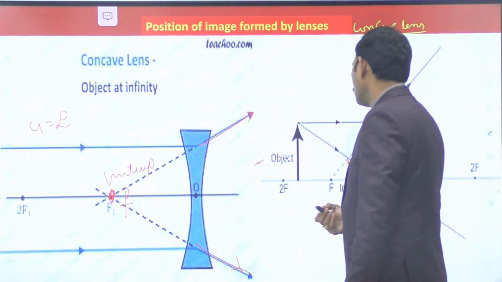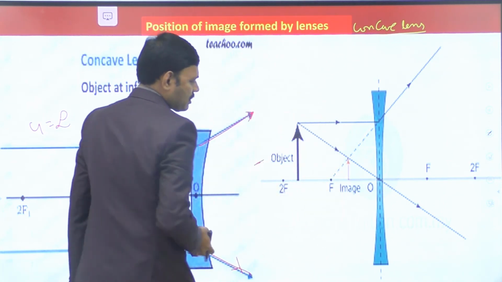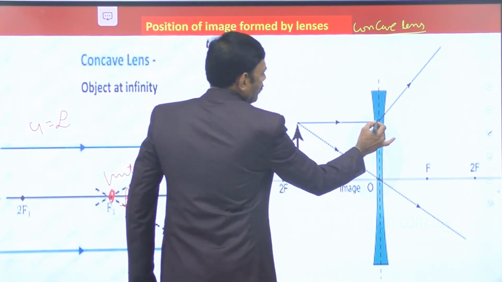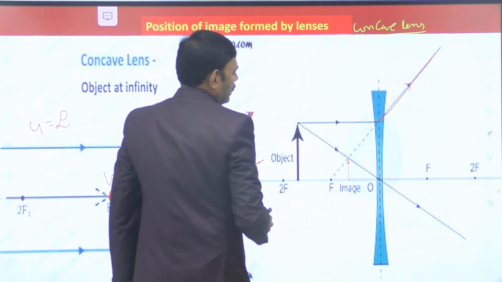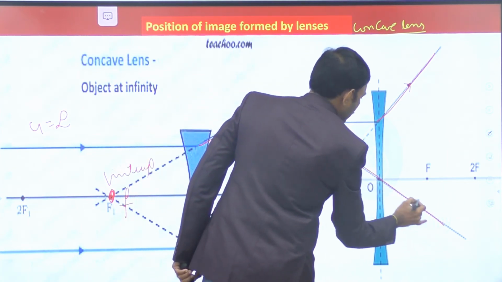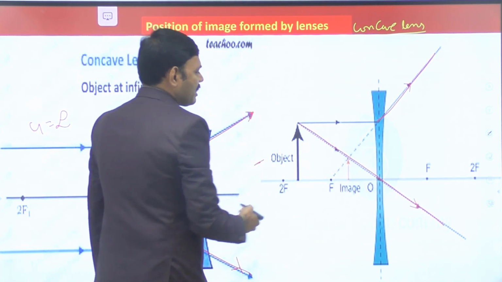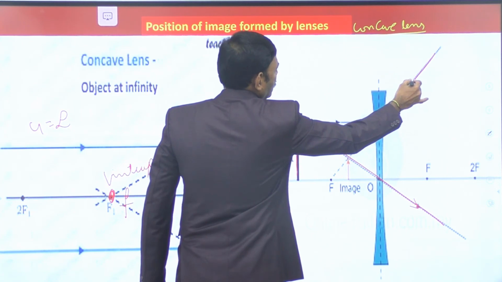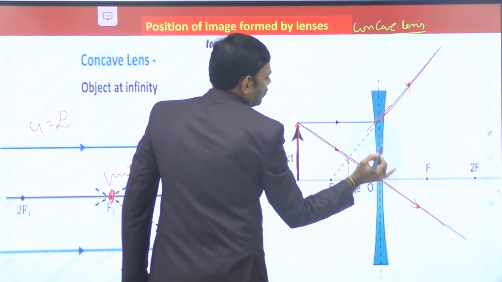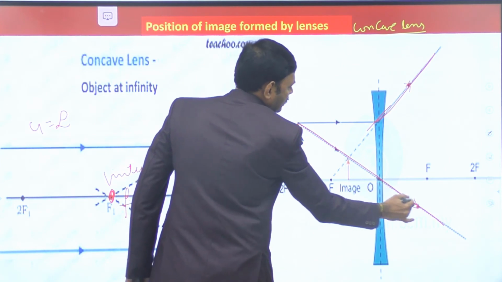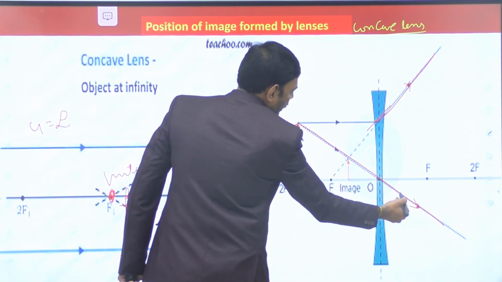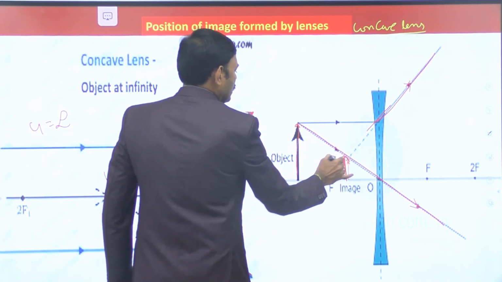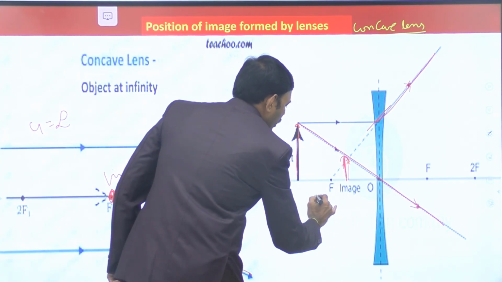So let us consider one more case. Let us consider a finite object kept between the center of curvature and focus. The paraxial light ray after refraction undergoes divergence, and this other light ray moves without any deviation through the optic center. This is the object from which the light rays are moving. Let us extend the divergent light ray backwards, and similarly this is another divergent light ray after refraction. Let us prolong it in the backward direction. They intersect and the image is formed here. This is the image. So we are getting a virtual image here also.